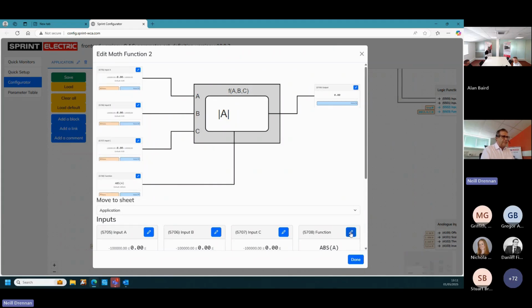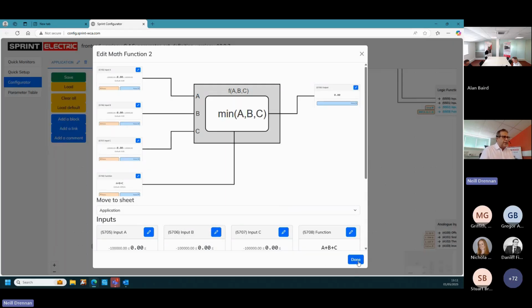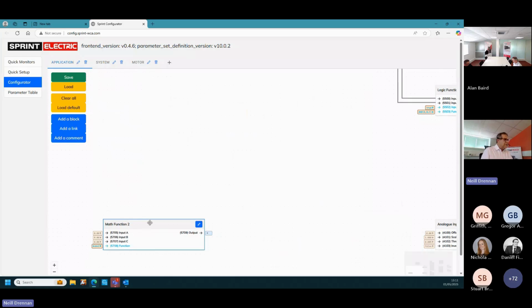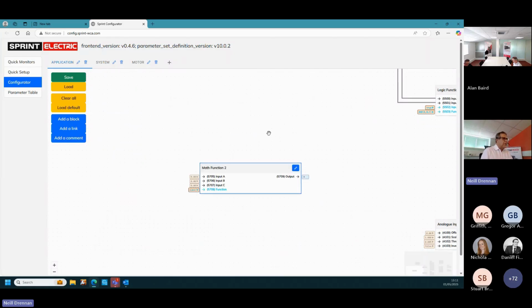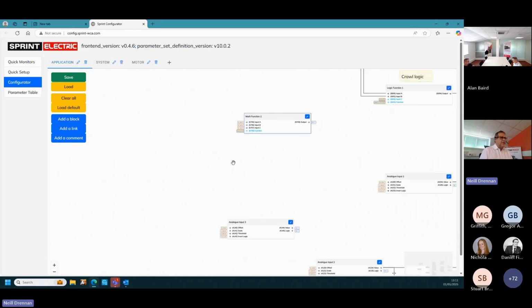So if I actually look at the function itself, at the moment this is absolute A, but it could be A plus B plus C, A minus B times, there's a lot of functions. So let's just do A plus B plus C as an example. Just put that in there, put it in circuit, and as you can see, if you actually look at that mass function now, it's actually telling you that it's A plus B plus C, and it is literally this easy